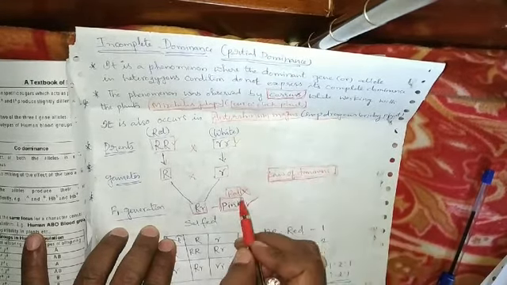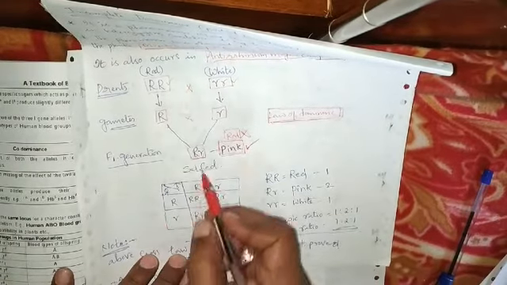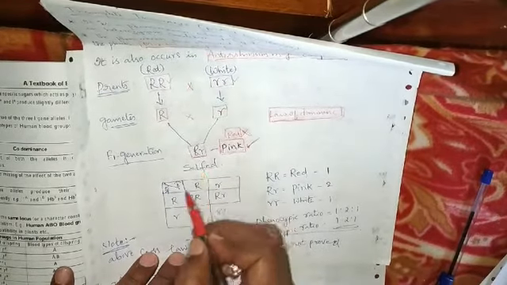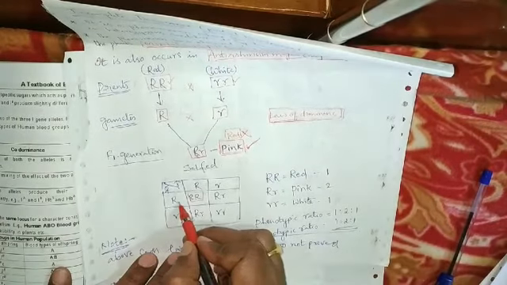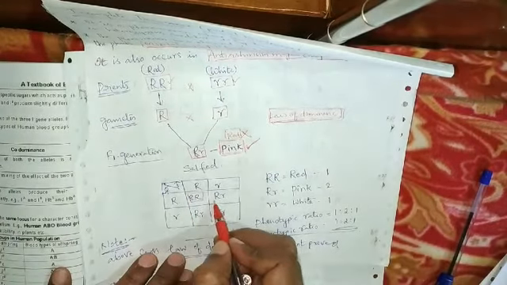Now we can self this F1 generation. What happened here? We can see in the checkerboard or Punnett square. Here we selfed this F1 generation, so one set of gametes we take here, one set of gametes here: capital R small r on this side, capital R small r on the other side. When we cross these two, capital R capital R, we get pure red. Capital R small r is pink. This is a red.